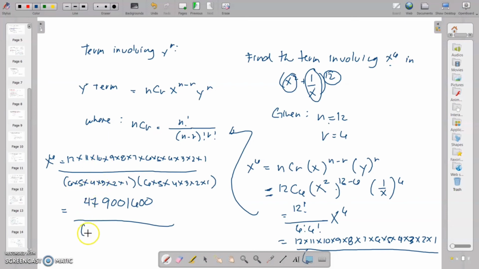So 12 factorial is 479,001,600, and 6 factorial is 720. So 479,001,600 divided by 720 times 720 equals 924. Then my variable